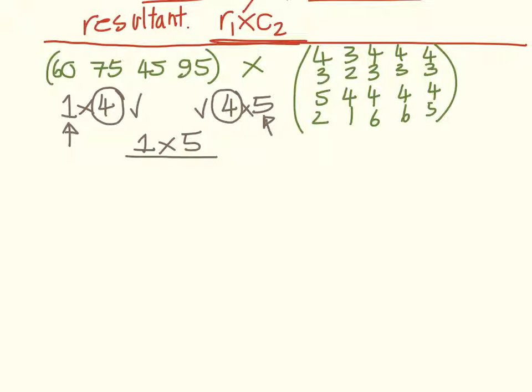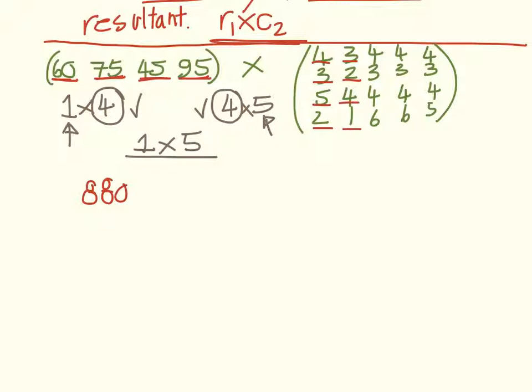This is what we're going to do. We're going to take 60 multiplied by 4, 75 multiplied by 3, 45 multiplied by 5, 95 multiplied by 2, and the answer to that is 880. We are then going to go 60 multiplied by 3, 75 multiplied by 2, 45 multiplied by 4,